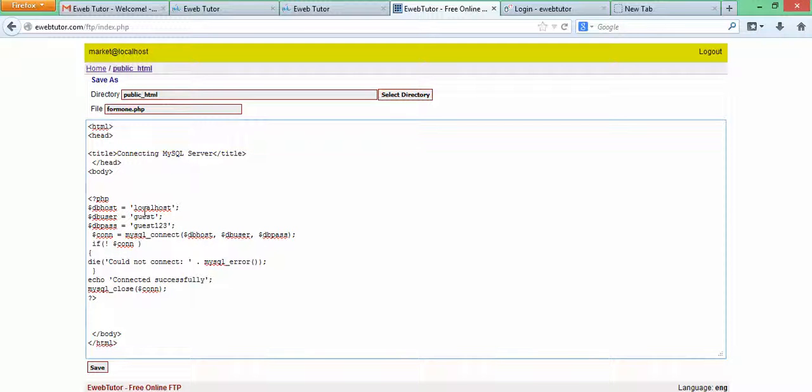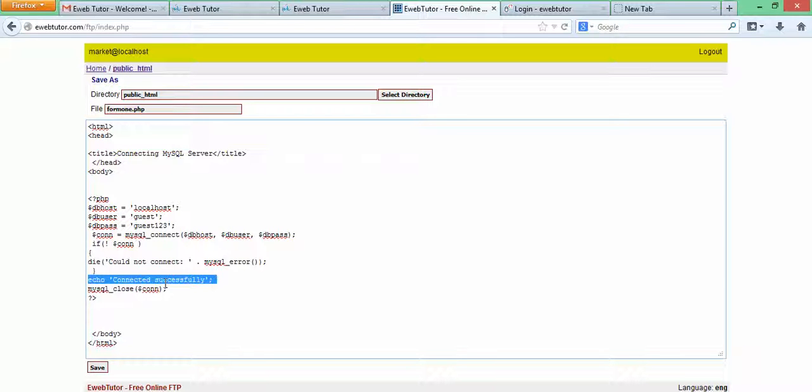Once all these things are correct, it's automatically going to tell you that the connection is successful. That is, the connection between this form page and your database is going to tell you that it is successful. So whatever form you now ask your users to fill around that time, their data will now be